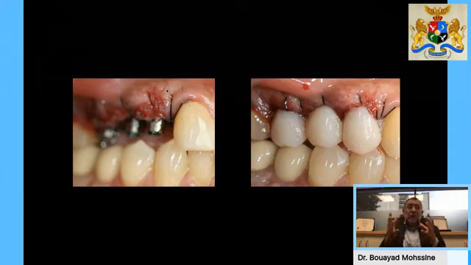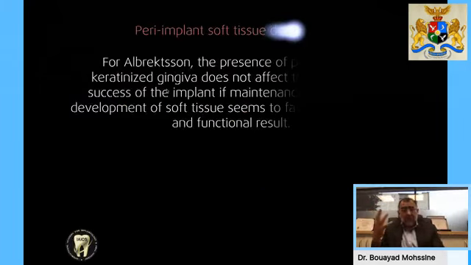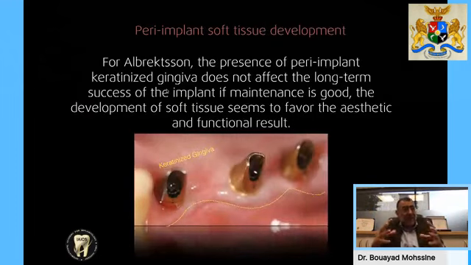Sometimes we have to do soft tissue grafting around our pillar or our crowns to improve the quality of the gingiva around our temporary crowns and to have a good healing